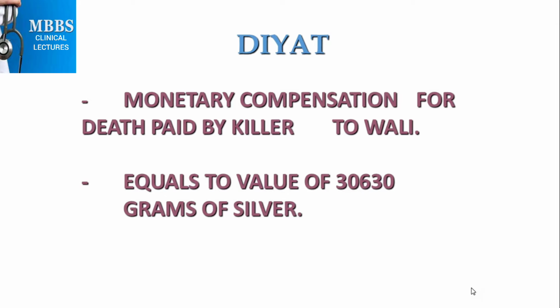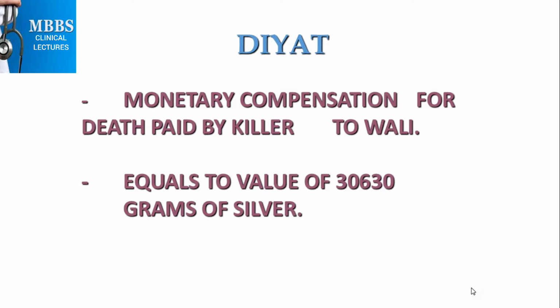The current rate of the 30,630 grams of silver, its equal amount is to be paid as diyat, and the government of Pakistan every year on July 1st gives the value of the diyat for the forthcoming year, which is no less than